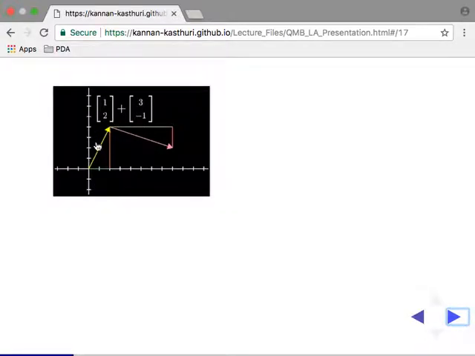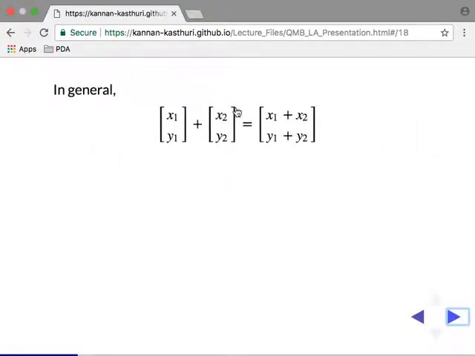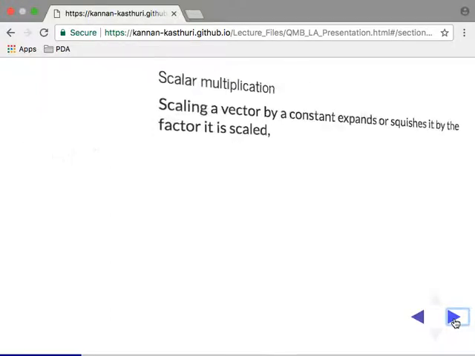And that is extended here. You travel here, and then you travel 3 units here, and then you travel negative 1 unit here. So you land up here, right? This is a natural extension of addition in 1 dimension to 2 dimensions. It's done coordinate-wise. So in general, you have a coordinate-wise addition. If x1, y1 is one vector and x2, y2 is another vector, the sum is x1 plus x2 and y1 plus y2. It's a basic simple addition, right?